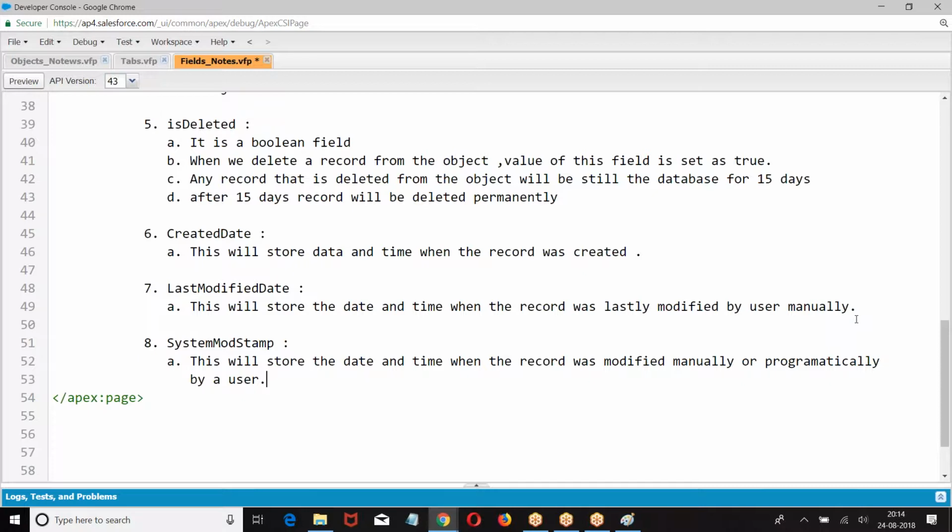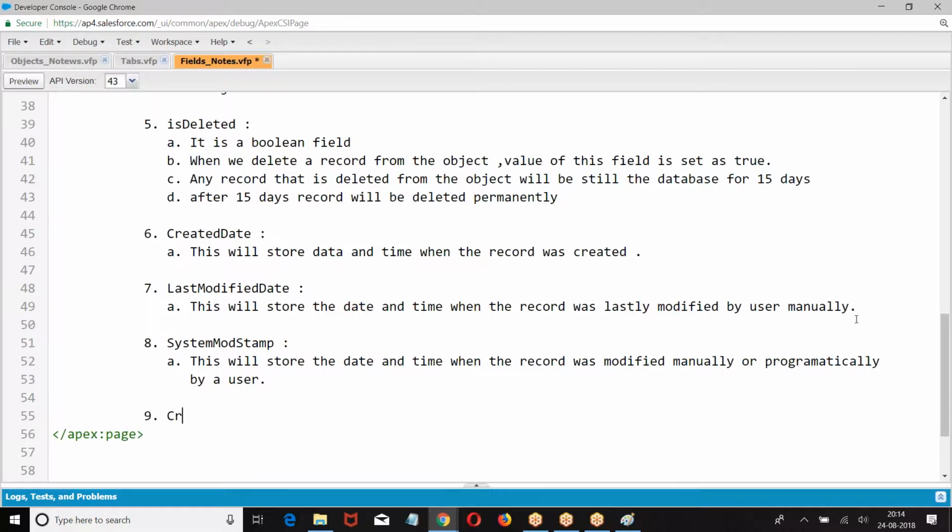I hope you're good. What is the difference between LastModifiedDate and SystemModstamp? LastModifiedDate is modified manually. SystemModstamp is manually or programmatically.